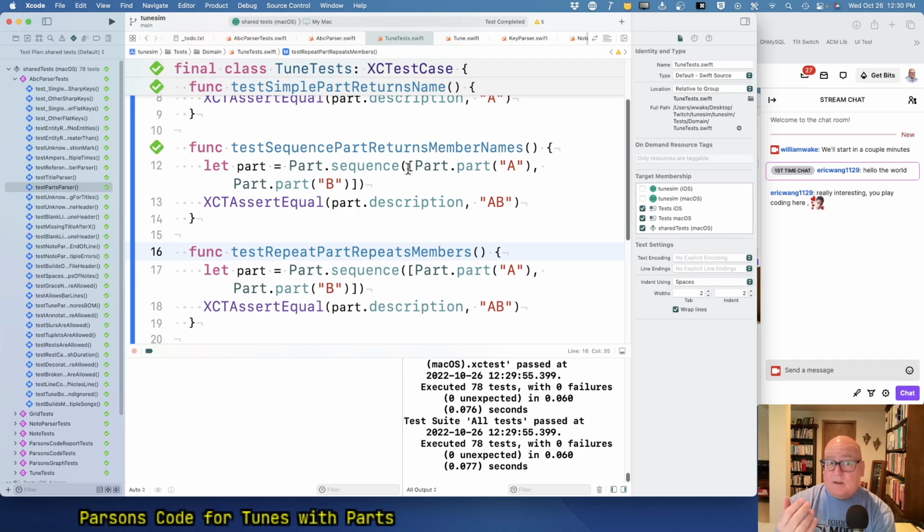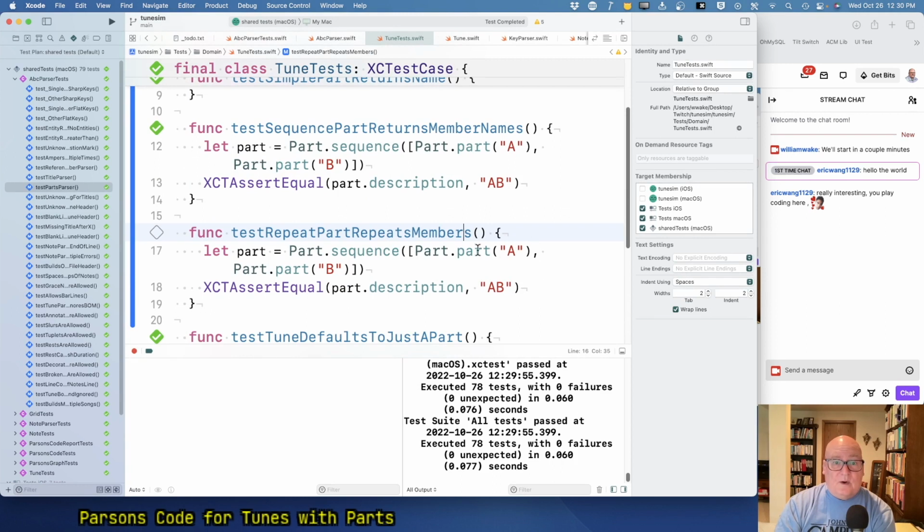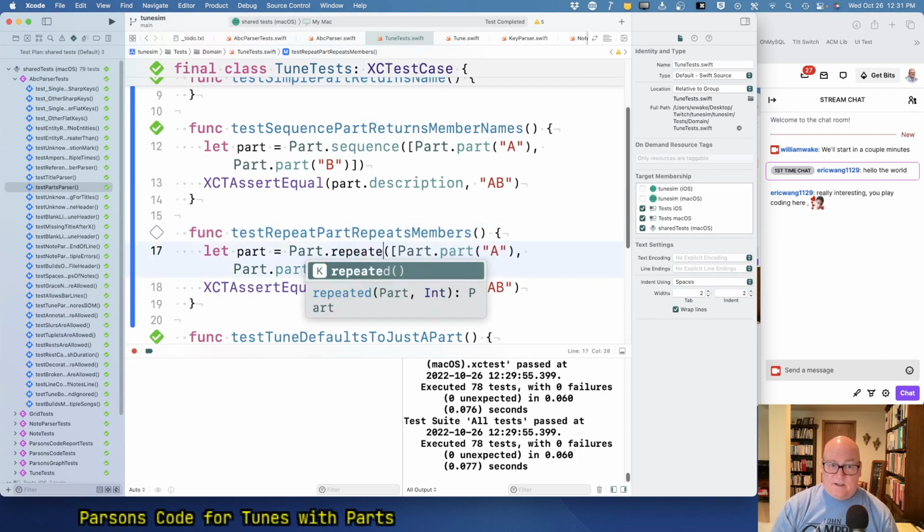And we're working on a part that says sort of the overall arrangement of a tune. You can say, this is the A part, this is the B part, and then you have this specification that says, do A, B, B, or do A, B twice, the whole thing repeated 3 times, or things like that. So we've got a little grammar going for that, and we're trying it out to kind of turn that into a full description